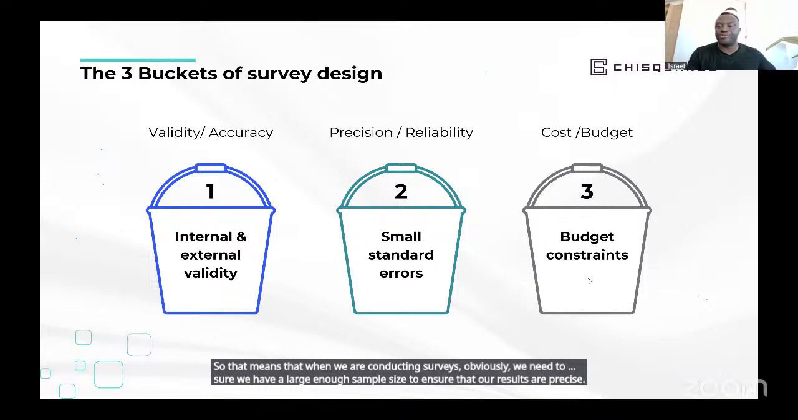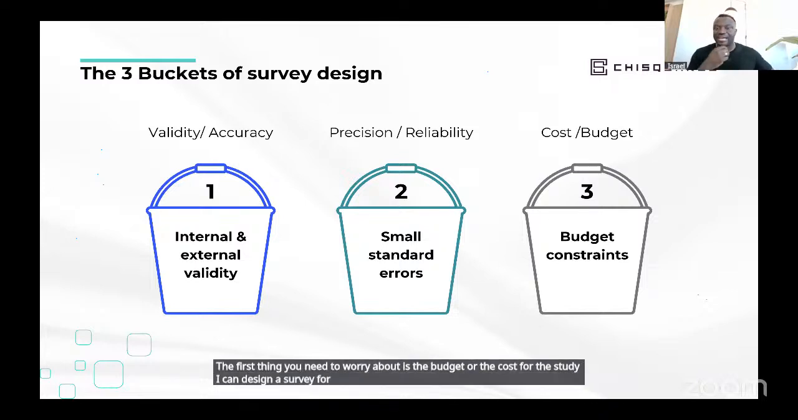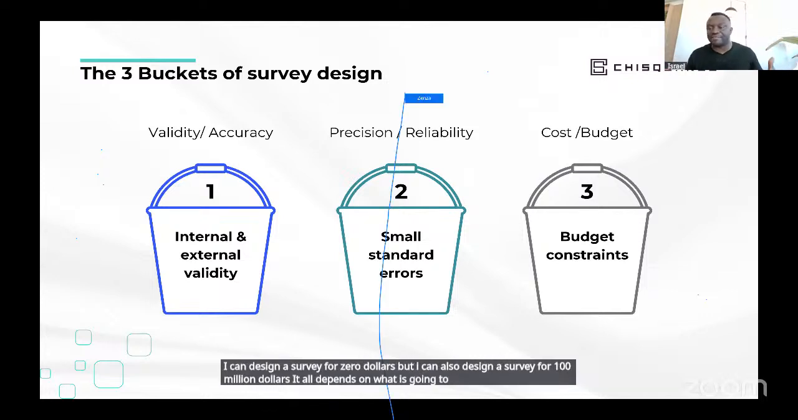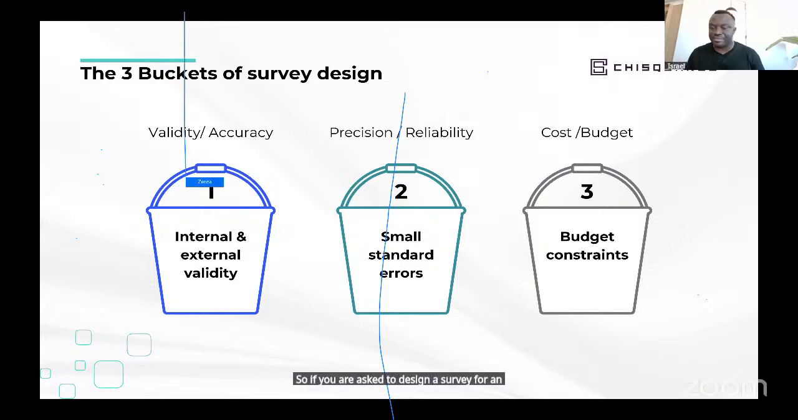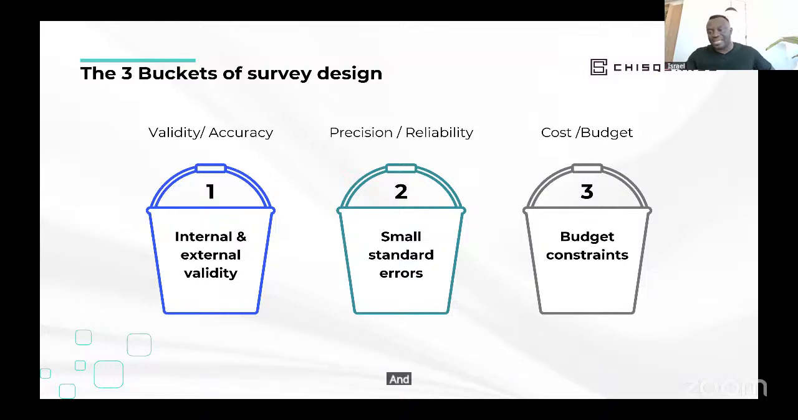The third thing you need to worry about is the budget or the cost for the study. I can design a survey for $0, but I can also design a survey for $100 million, right? It all depends on what is going to get into that survey. So if you are asked to design a survey for an agency or an entity or a government or an institution, you need to understand what their budget is. You absolutely need to, right? So you have to ask them, so how much were you thinking? What's your budget, right? And the things you need to consider in that budget will include things like incentives,